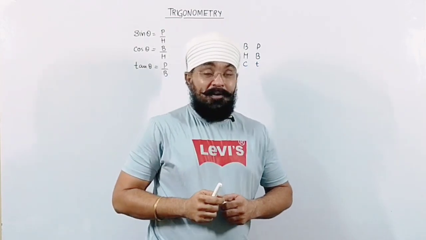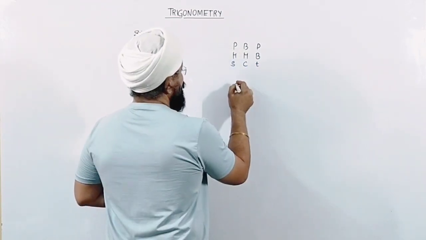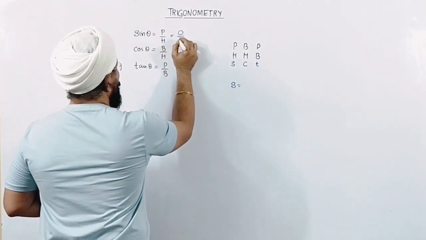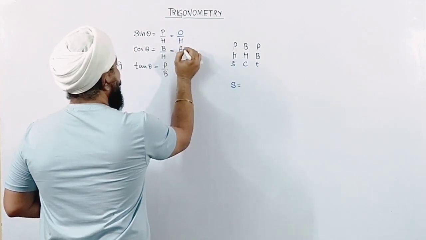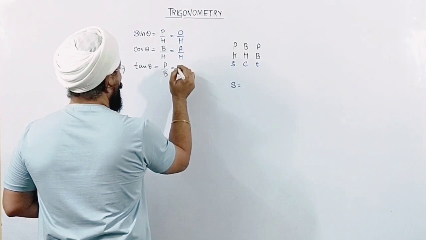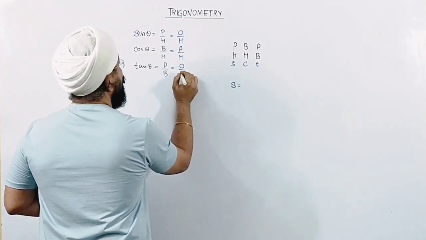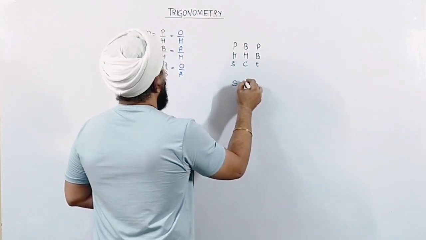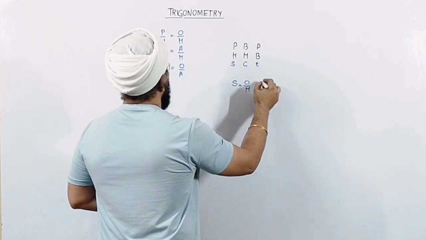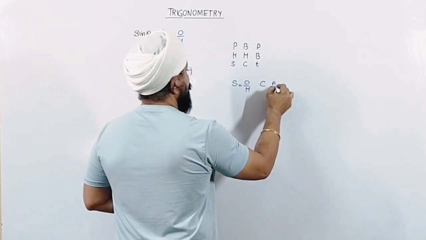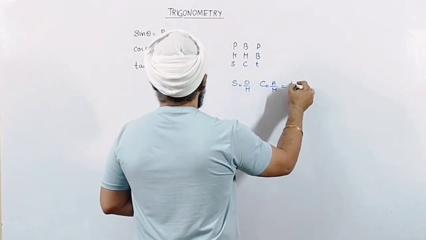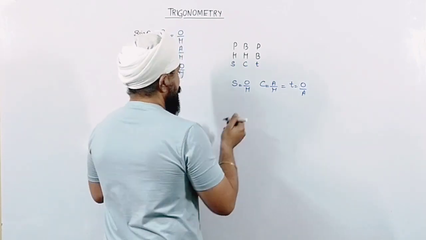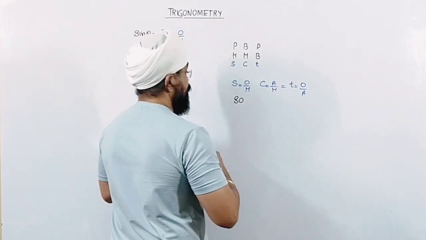So this is also how we can remember it, or the basic one which you can think of: sine is also written as opposite upon hypotenuse. This is adjacent upon hypotenuse, which is the original one, and this is opposite upon adjacent. So if I write this as S for O and H, C for A and H, and T for O and A, we can make our own.